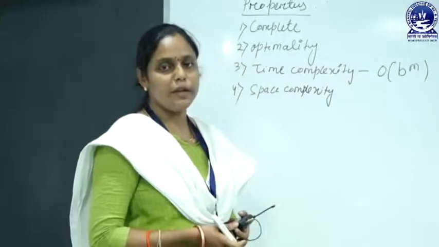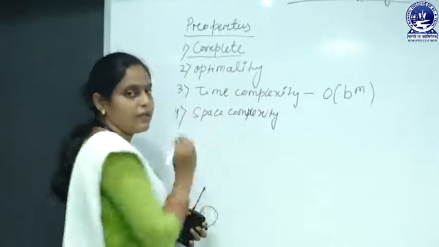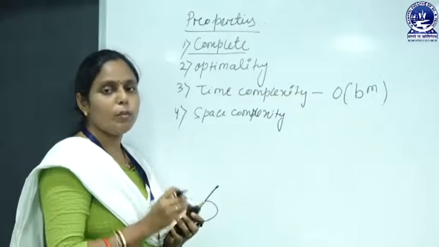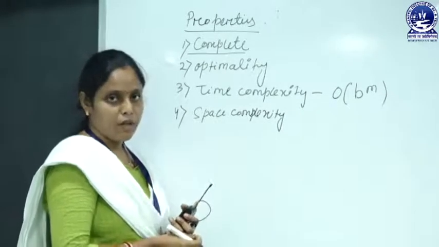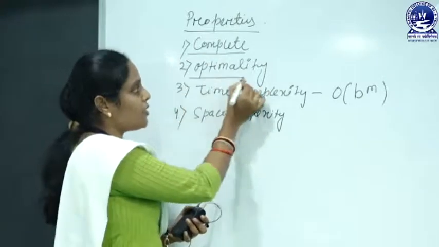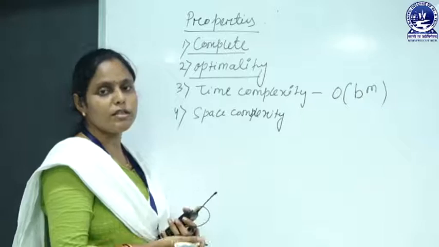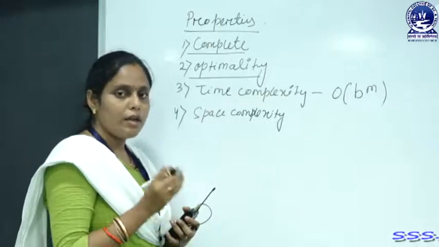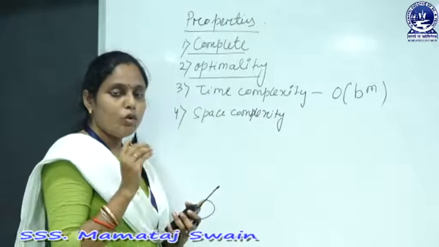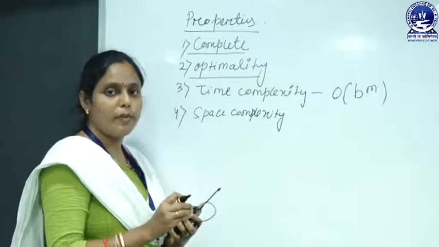Next, properties of the min max algorithm. The first property of the min max algorithm is completeness. That means our min max algorithm is complete because it always provides a solution. For this reason it is called a complete algorithm. Then next property is optimality, which means the min max algorithm always provides us an optimal solution because here each player plays optimally. That means the two players always select their best solution.